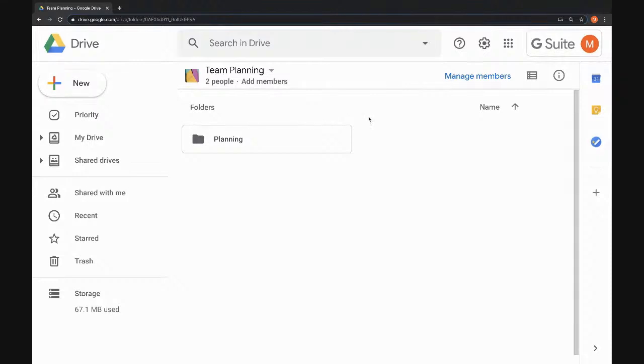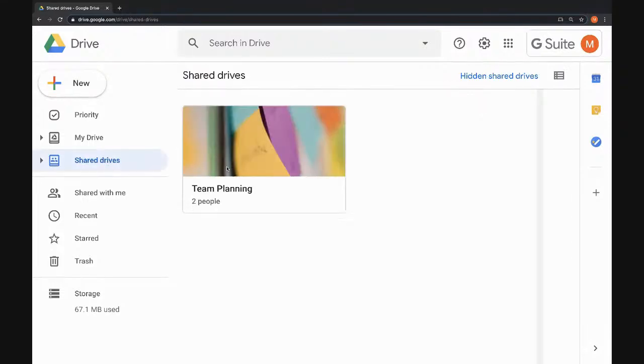So the final thing that I want to show you is a really great little feature with shared drives. So I'm just going to go back to my shared drives homepage. Now at the moment, I've only got one shared drive here, but you might find that lots of people start adding you to their shared drives, especially if you work across teams.